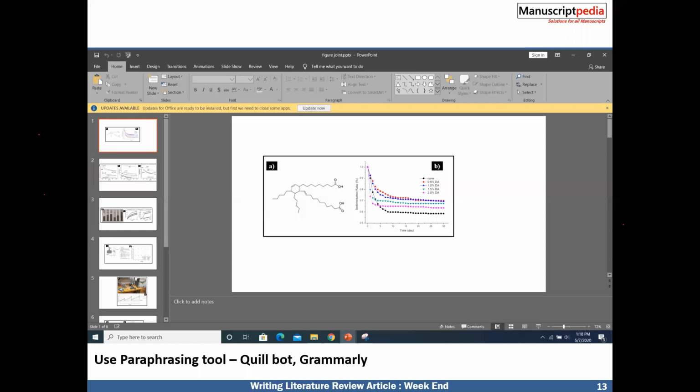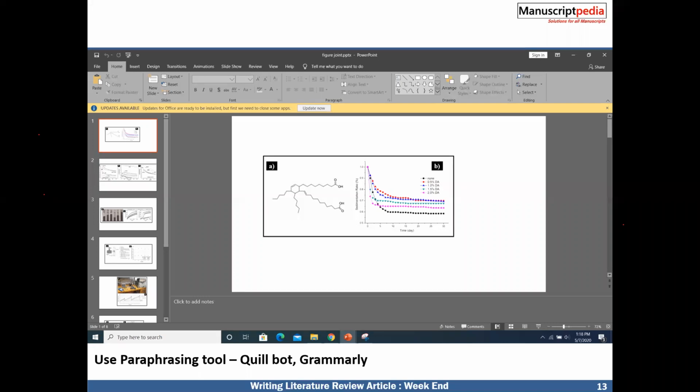While rephrasing the sentences, you will be copying and pasting all the abstracts, but you have to rephrase all the sentences. Only then can you publish, because then you will get a low plagiarism score. For plagiarism removal, you can use Quillbot and Grammarly. Both are the most used tools by researchers.